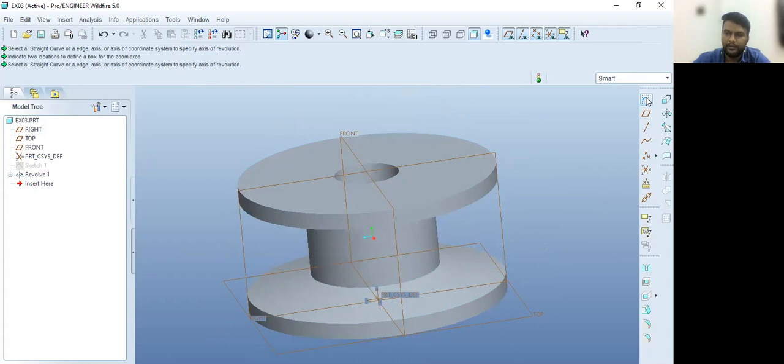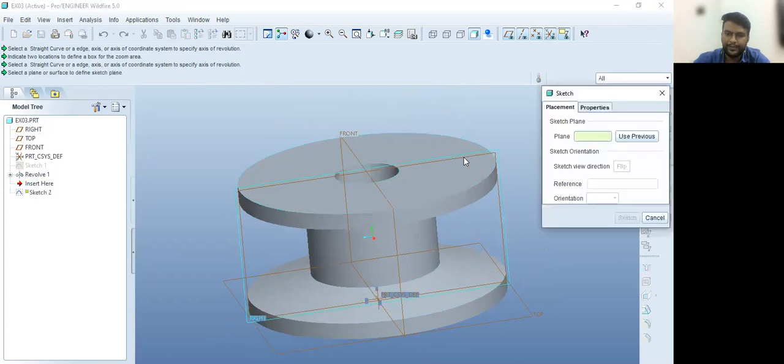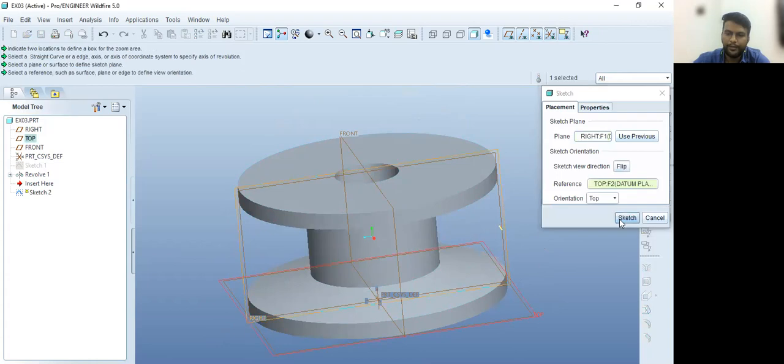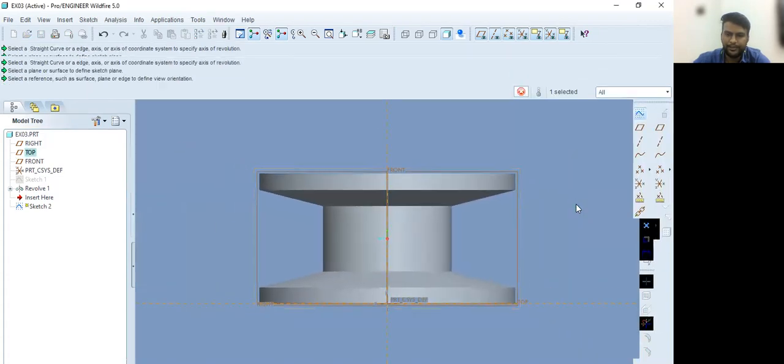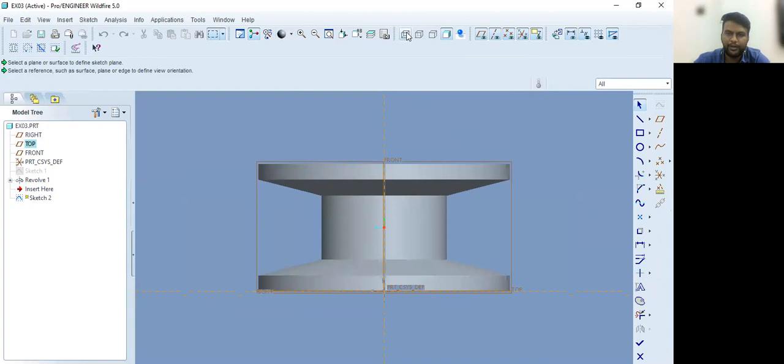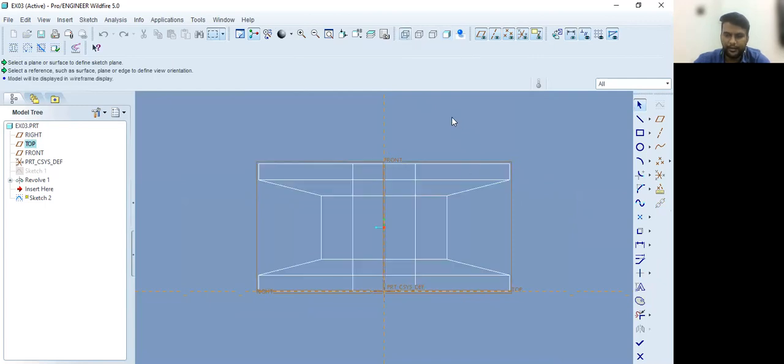To begin with, we need to draw a sketch. So just select a plane and draw the sketch here. It is better to select the wireframe model from here. We can see different models from here. So we can see here this wireframe. Select the wireframe model, and we need to draw a reference here. The use of reference is, one, from the reference line the dimensions are measured. Second use is it will highlight the feature.